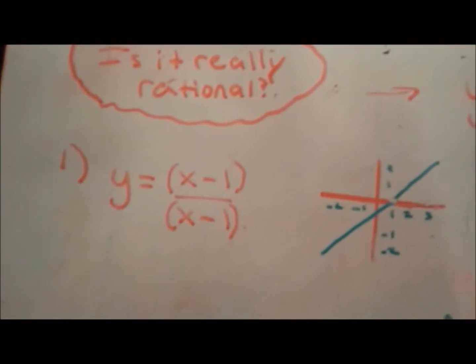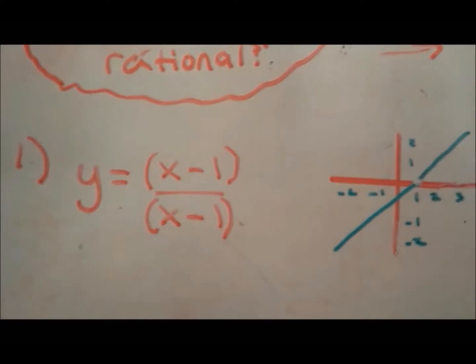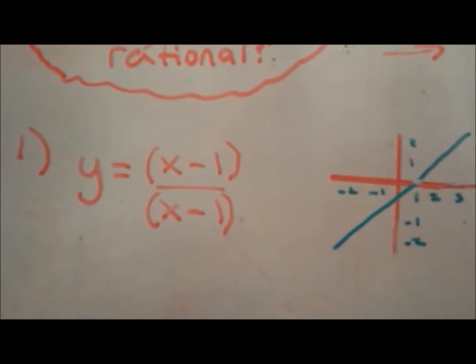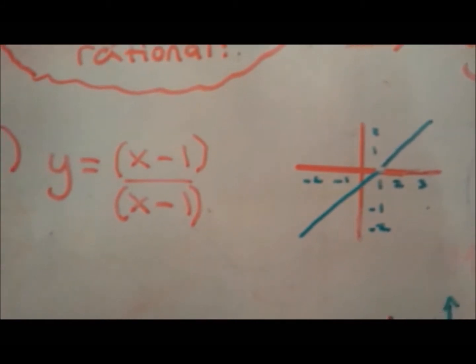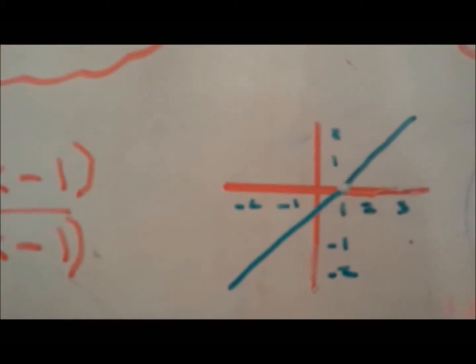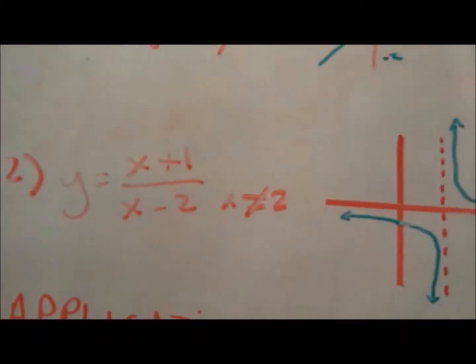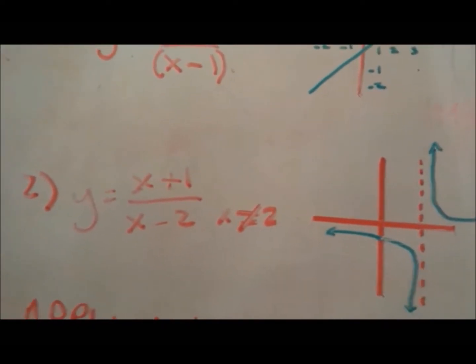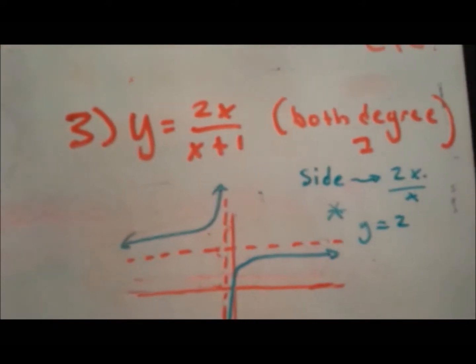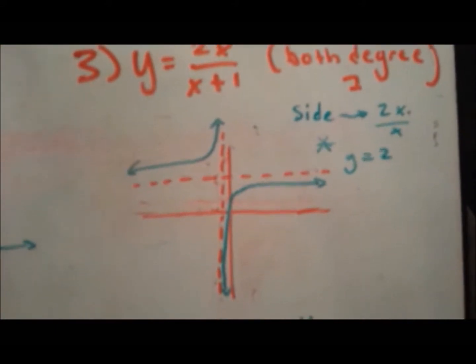The first one is when both the denominator and numerator contain a common factor. In this case, it was x minus 1, as you can see from the graph and the function. This created a hole at x equals 1. The second rule states, if you take a restriction on the bottom, this will be your vertical asymptote. The third and final rule is a rational function has a horizontal asymptote when the degree of the numerator is